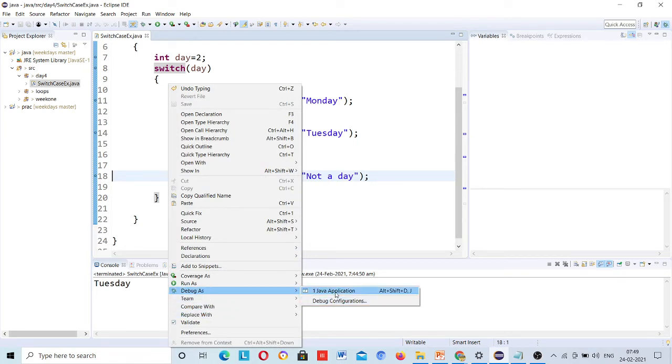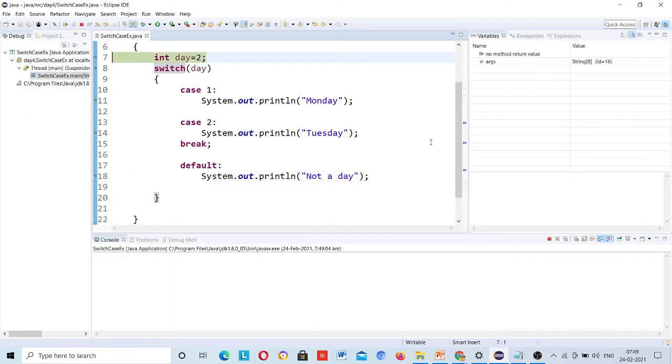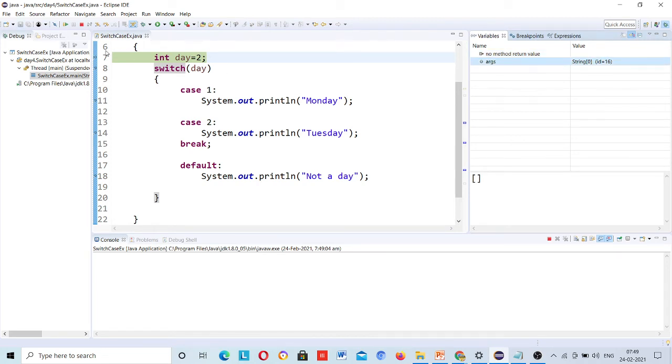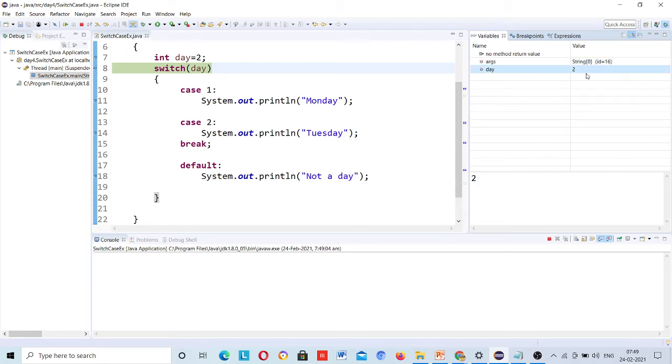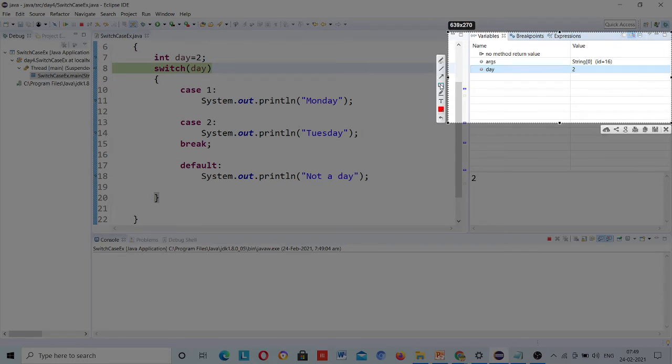Debug as Java application and run our program step by step. See, no method return value, just step over. It came to day, and the day value is 2. You can see it over here.